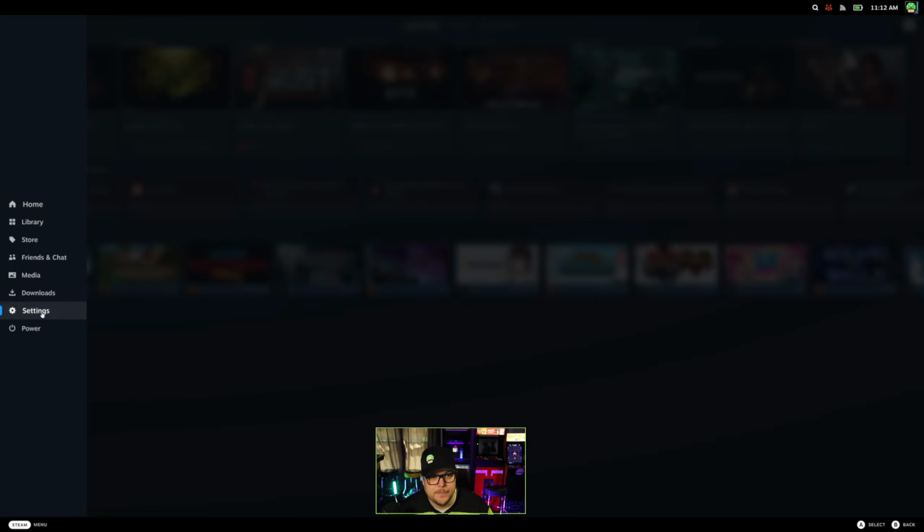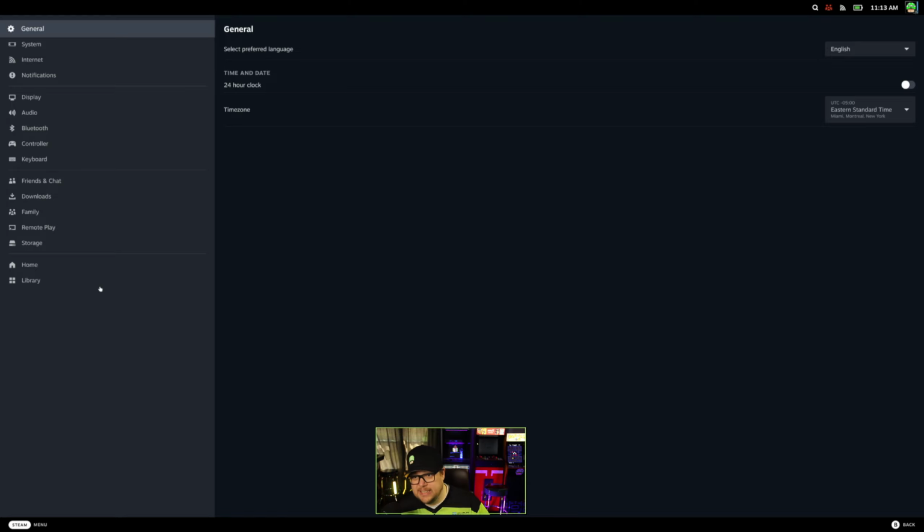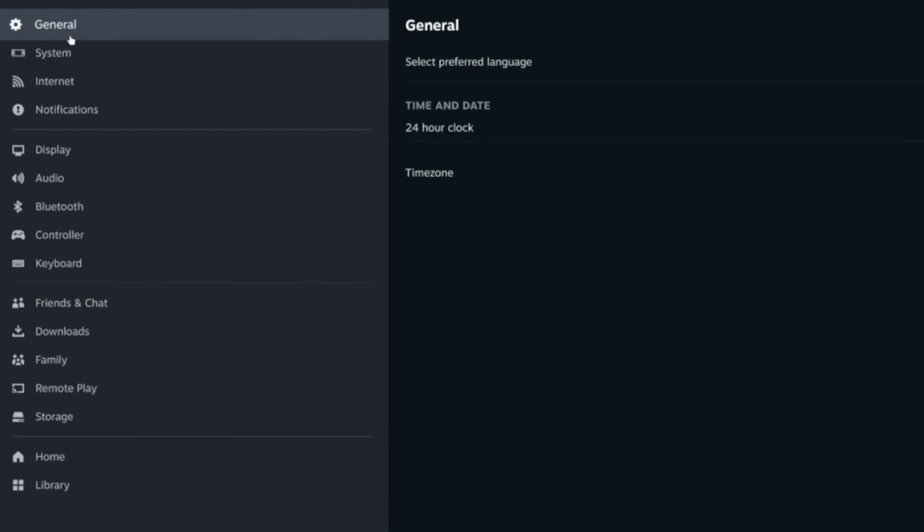You can check that out. Let's check out the settings. Now the settings have a ton of stuff in it. But this is like a very simplified version of the complexity of this device, because if you get into the desktop mode, it unlocks all kinds of settings